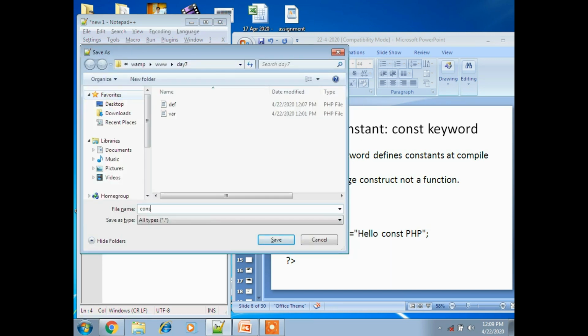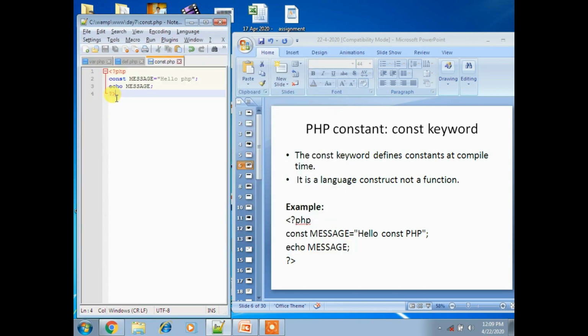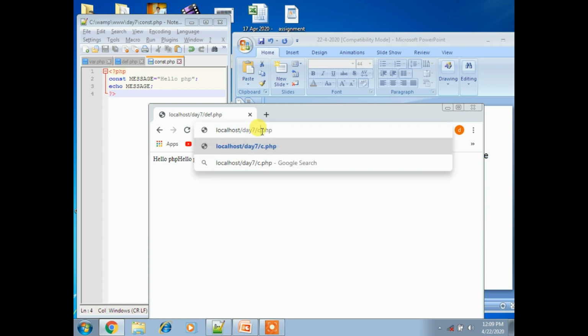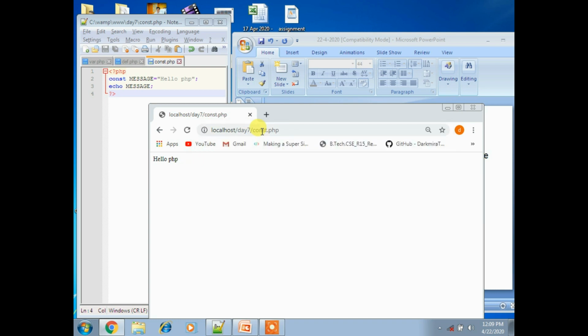The file name is const.php. Now execute the program with the name const.php. Now it displays hello PHP, like that.